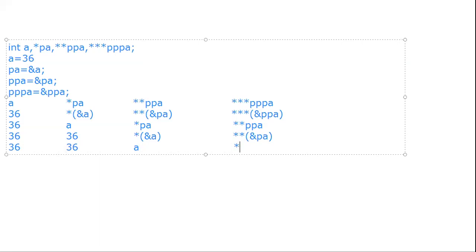Star of ampersand pa means pa. So this value never changes. Again this value will never change. 36. Star of pa: pa is equal to ampersand a.